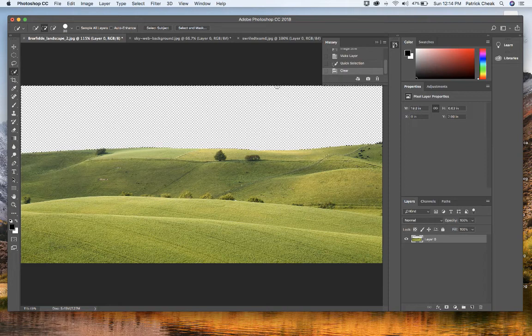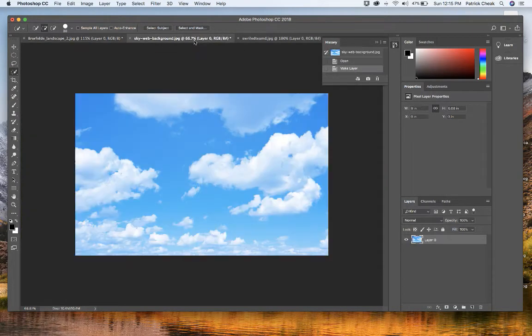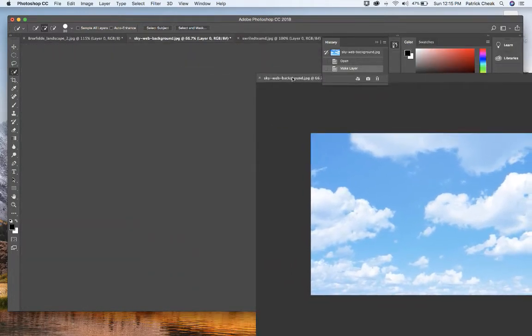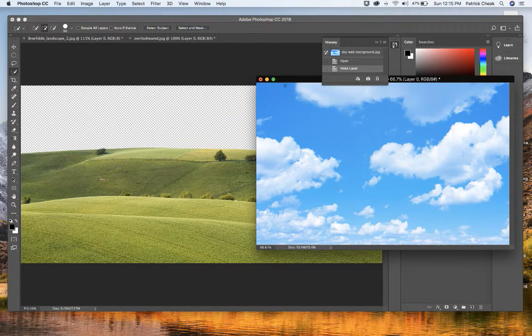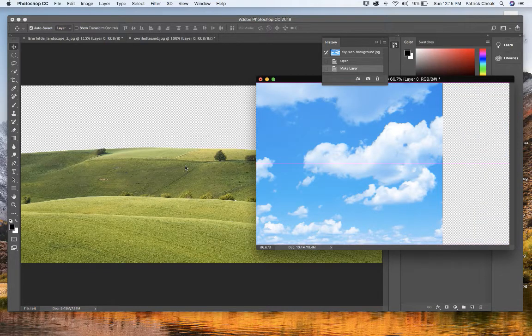Okay, the next thing I need to do is grab my sky layer and drag it into this image. It's kind of difficult to do that because they're all docked together. So I'm going to put my cursor onto the name of the image and drag it out of the dock, by itself, so I can see the sky image and my landscape image. I'm going to get my move tool, grab the sky image, and drag it